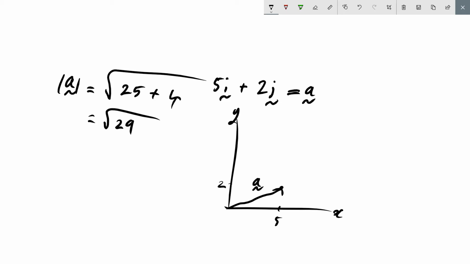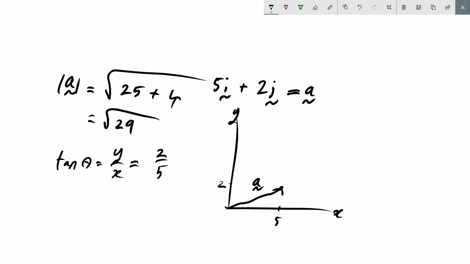That's the magnitude. Similarly, I can work out the angle that it makes with the x-axis with tangent. So tan of theta is going to equal y over x. So in this case, it's going to be